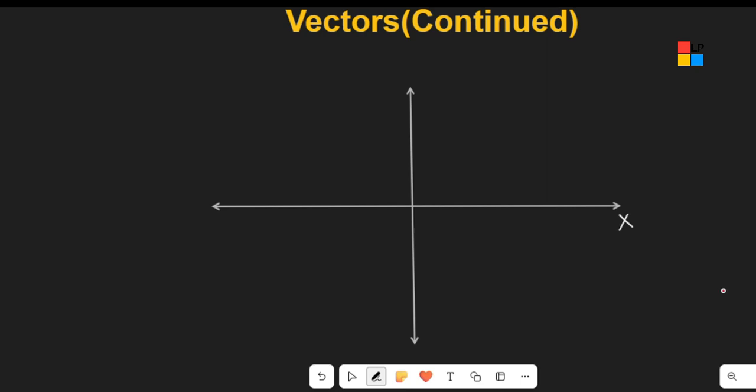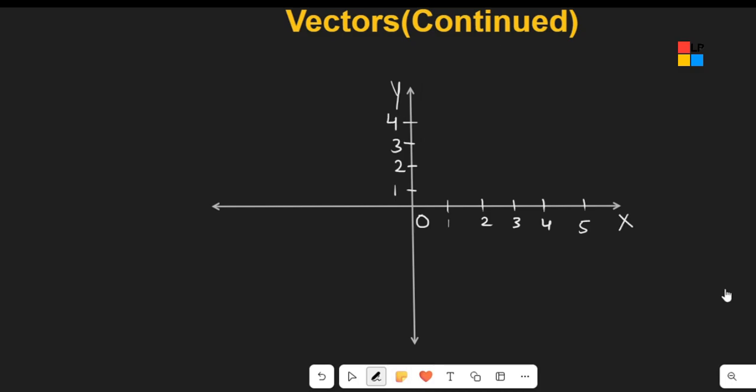This is the x-axis and y-axis and this is the origin. So here I am going to make some points. Let's say 1, 2, 3, 4 and 5. So these are the five points on the x-axis. Similarly, there are some points on the y-axis as well. Let's say 4 only. Okay.